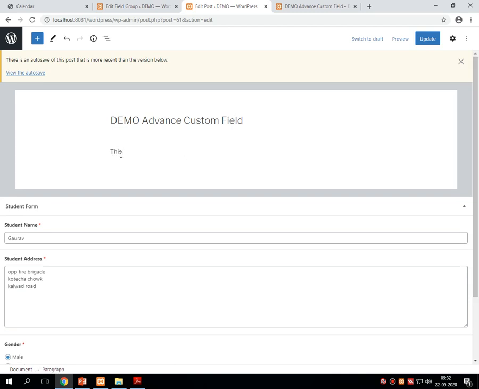Here just giving the text. This is the demo for checking advanced custom field options. Update.